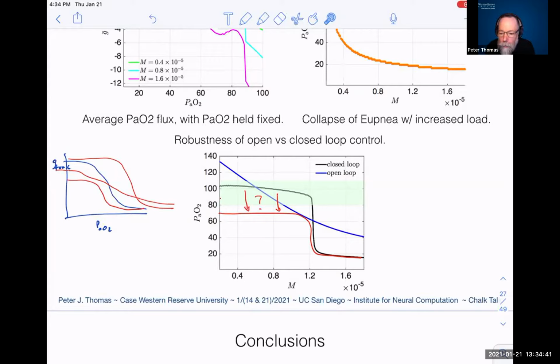Okay, there's questions in the chat too. Leaf asks, the model seems vulnerable to getting stuck in a beating regime. Do you think real animals have mechanisms to protect against this? Yes. I wouldn't take this model too literally for a couple of reasons. One is that